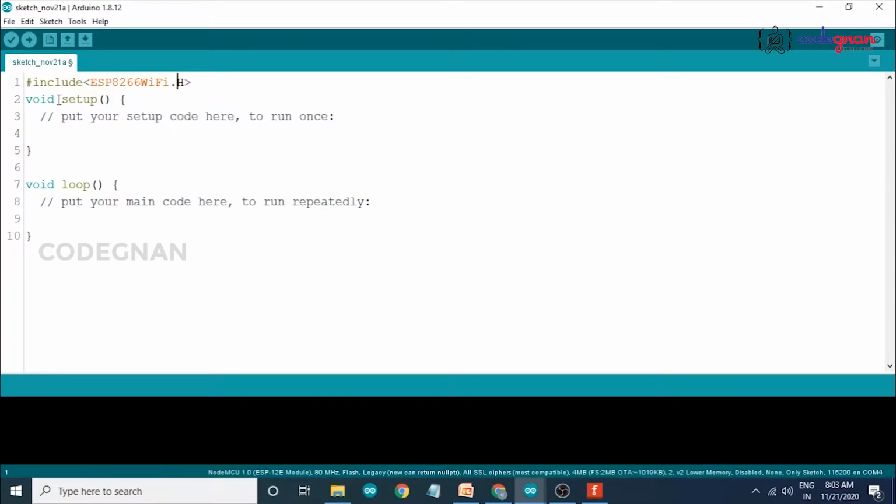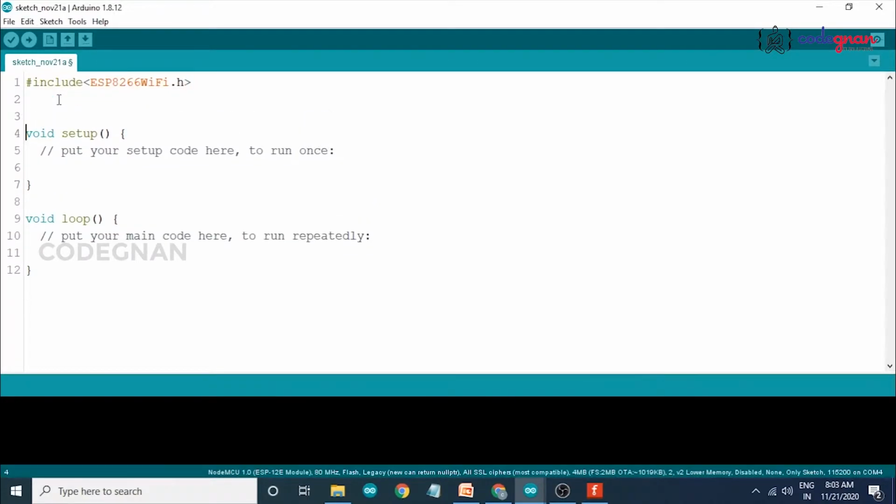Now we have to declare some variables and also the SSID and password of our Wi-Fi to give to our NodeMCU. Const char. Const char means the value doesn't change during the program.